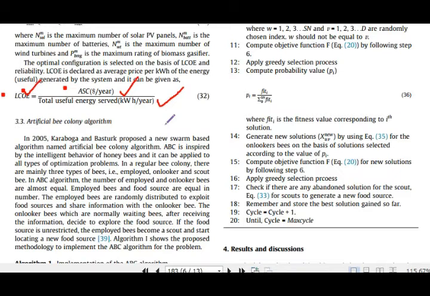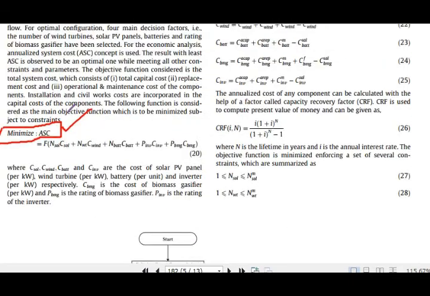But in a grid connected system, you should keep in mind that you can't use this as an optimization fitness, because in that case you are providing energy to the grid. So your fitness function will be the LCOE. You should only use the LCOE in the case of grid connected systems, because in that case your energy served will not be constant. You will also be providing energy to the grid. So in that case, your fitness function will be LCOE. That you should keep in mind.